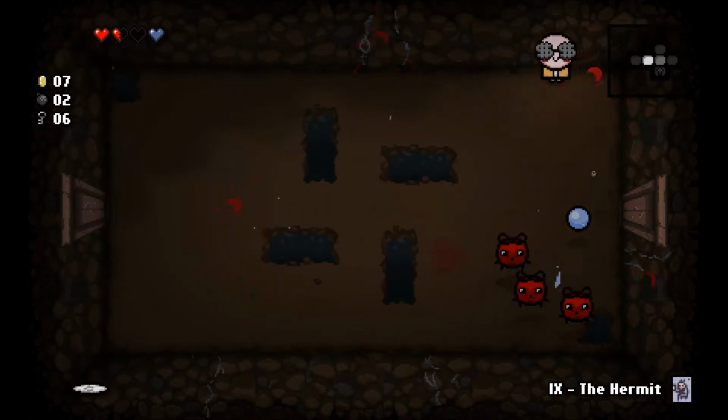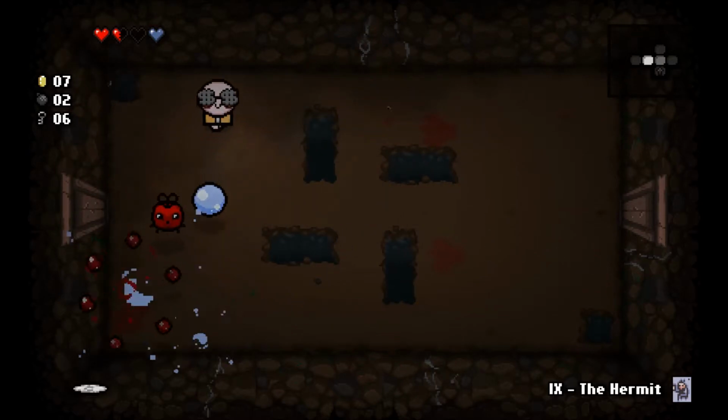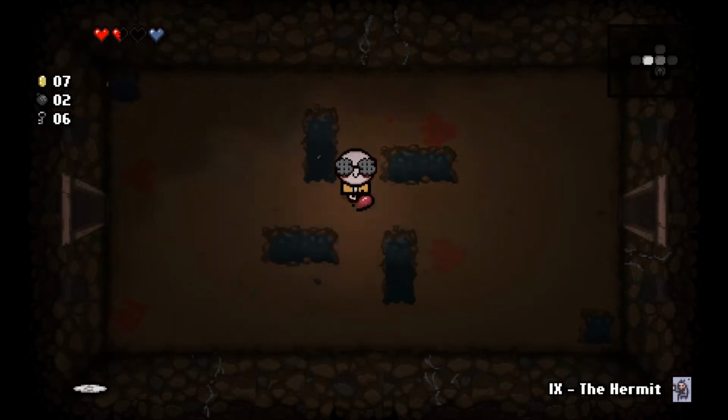Right, now these flies, if you explode them, they'll shoot 6 bullets. A little hexagon pattern right there. Basically just keep your distance, you should be fine. Now,